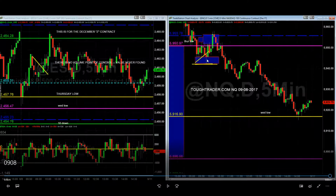This was one of those key areas right here. This was another area, and then recognizing that when this closed below 59.50, that probably meant that this was the high for the day and that we were going to roll down. So that's how a pro puts together the day through the course of the day when there is no clear